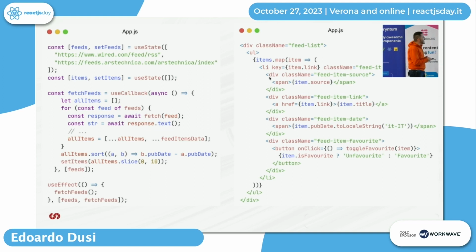So on the right, you see the template. And on the left, you see the business logic. Not all the logic of the component, but just some of it. And the most important concept when you think of the rendering process of React is that when React renders a component, it gets executed. We are in the context of a functional component here, right? So we have a component as a function. And when React wants to render a component, it executes the function, the entire component, top to bottom.